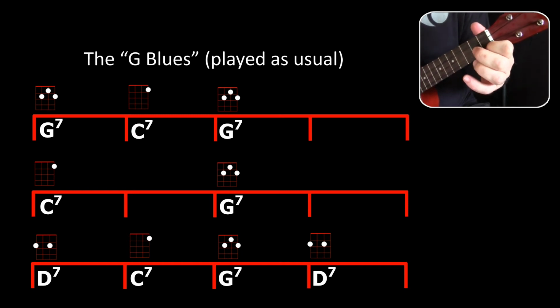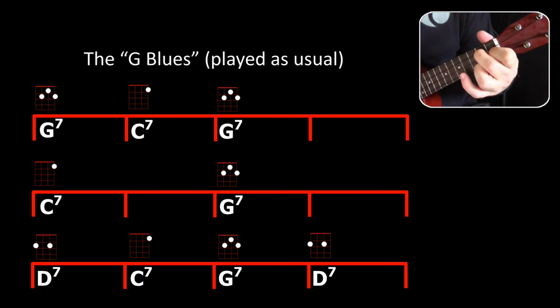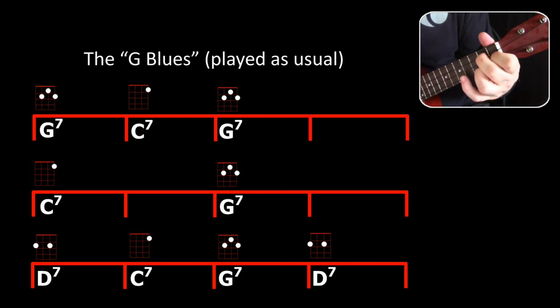C7. Back to G7. Here's the C7. And then back to G7. And D7, last line. Measure goes back